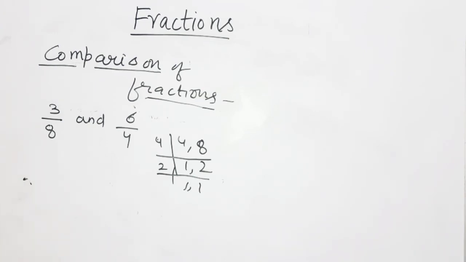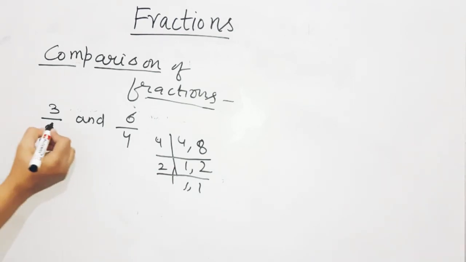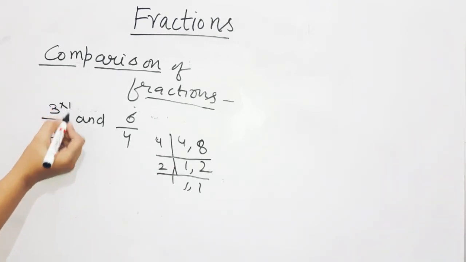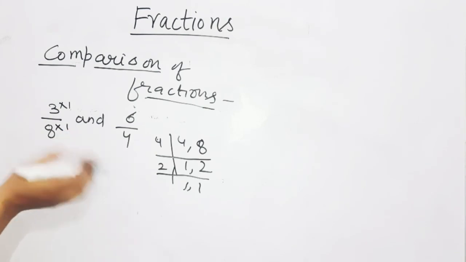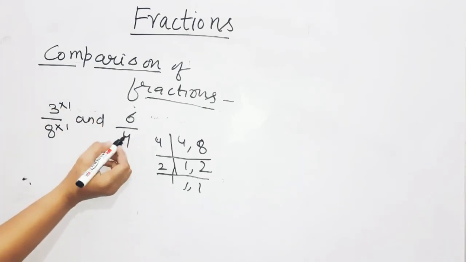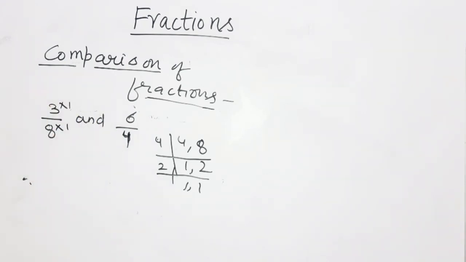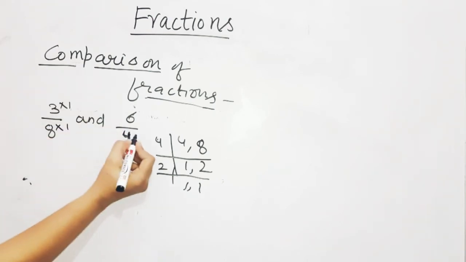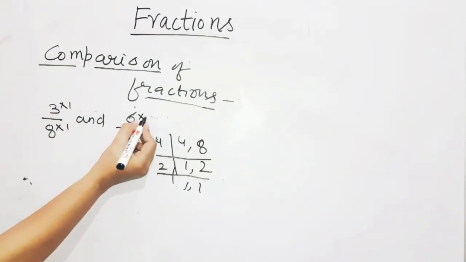So the next step will be you have to make both the denominators 8. तो पहला डिनोमिनेटर तो ऑलरेडी 8 है, तो 8 को 8 बनाने के लिए 1 से मल्टीप्लाई किया. It is already 8, so there is no need to multiply it with any number. Now to make this number 8, 4 को 8 बनाने के लिए with which number we are going to multiply? Pause the video and reply your answers in the comment section. 4 को 8 बनाने के लिए हम 2 से मल्टीप्लाई करेंगे, right?